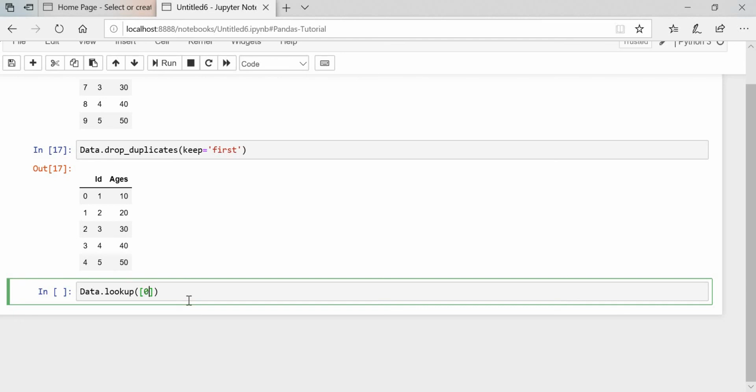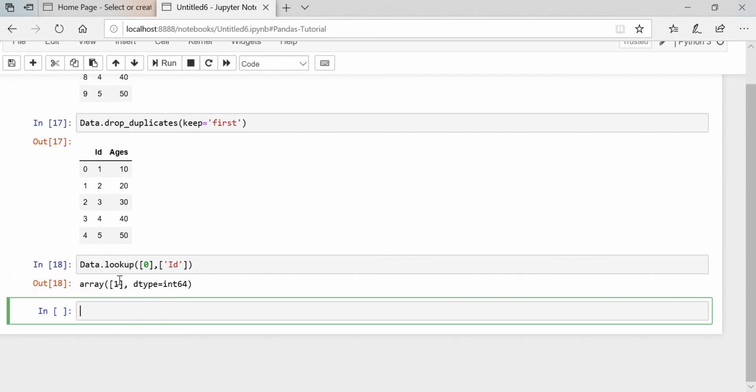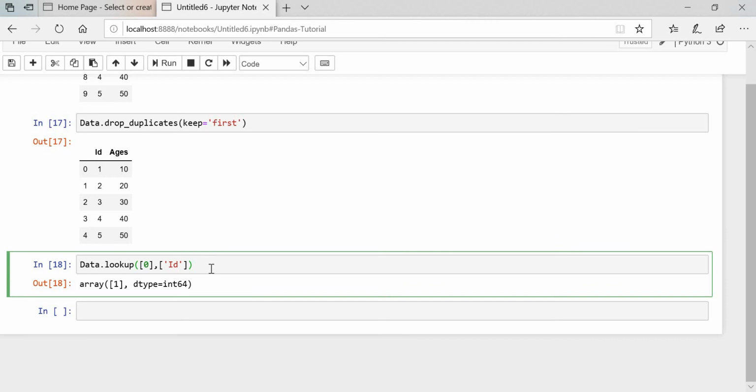Let's say the 0th element, then we have to pass the index, and you can pass id. Once you execute you will get 1, you can see over here. This is very important. Lookup means if anybody asks you, I want these details with this index and this column, let's say I want the information with the 0th index and the id column, or the age column also, you can see. So it is very important, guys.